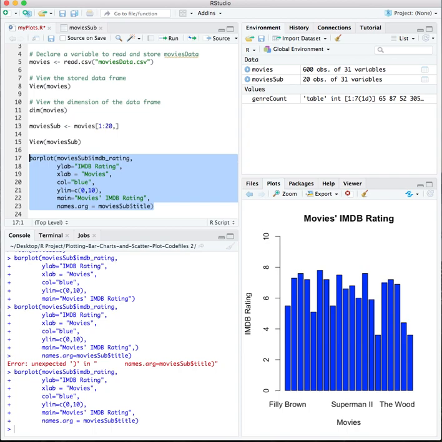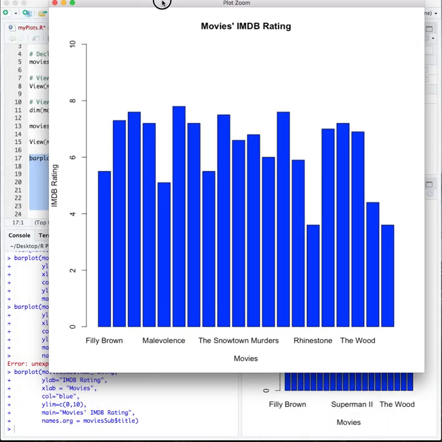Now the names of the movies are displayed on the x-axis, but not for all movies, because the names are too long to accommodate on the axis. That's why we will make the names perpendicular to the axis. By default it is showing them horizontally, and all names are not shown.